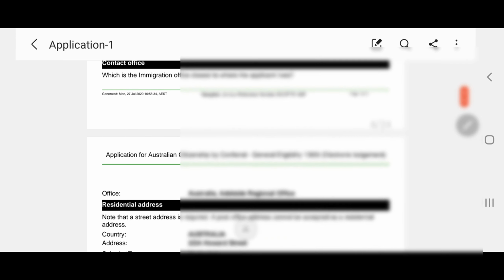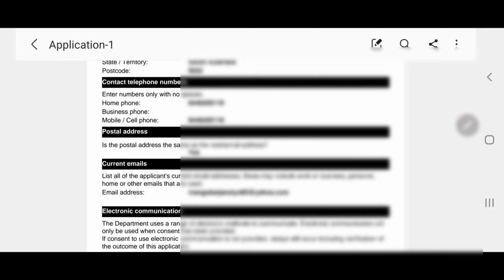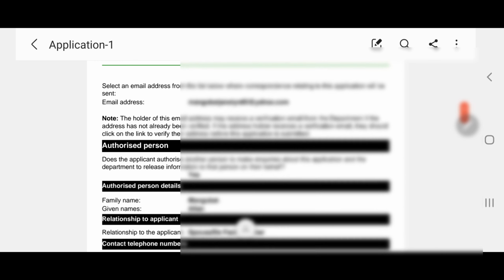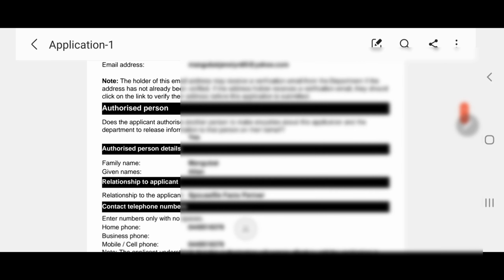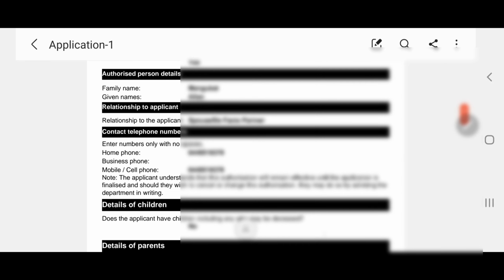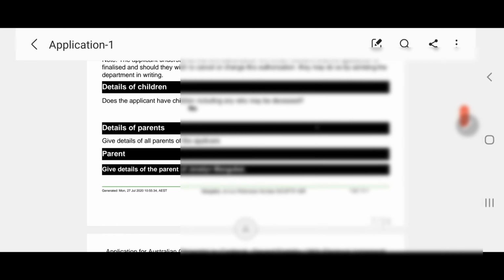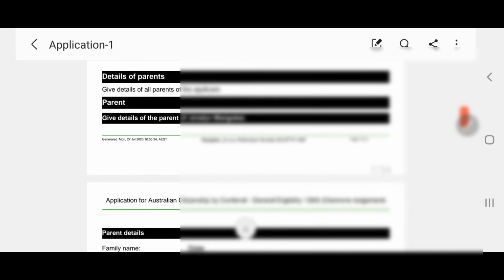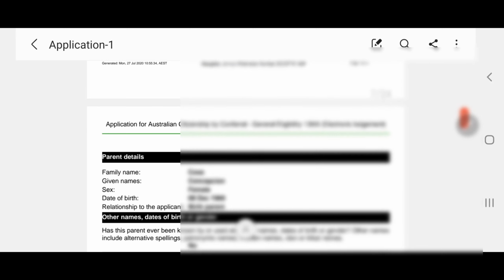This is to confirm your identity, your passport details, and residential address, your present address, and your previous addresses too. If you lived anywhere in Australia, you need to put those. Then your contact telephone numbers, your postal address, your email address, electronic communication if you want emails or text, an authorized person if you are authorizing someone to do your application, and the details of your children, details of your parents, and then